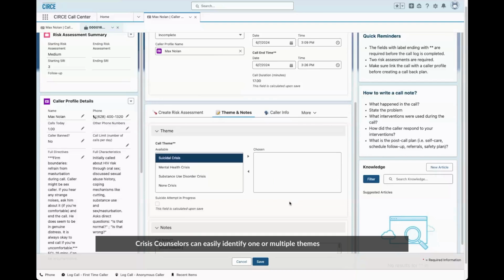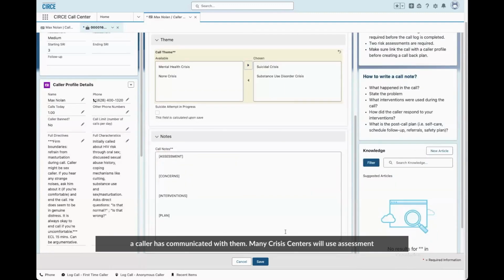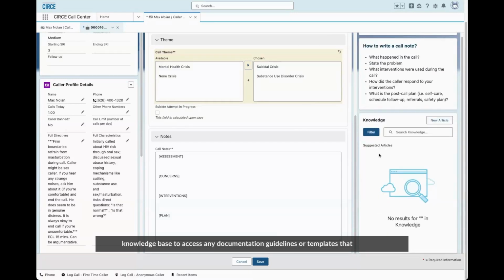Crisis counselors can easily identify one or multiple themes based on what a caller has communicated with them. Many crisis centers will use assessment, concerns, interventions, and plan as the framework for their documentation. However, this can be customized to the needs of your individual organization. As counselors are documenting call notes, they can leverage the CIRCE system's knowledge base to access any documentation guidelines or